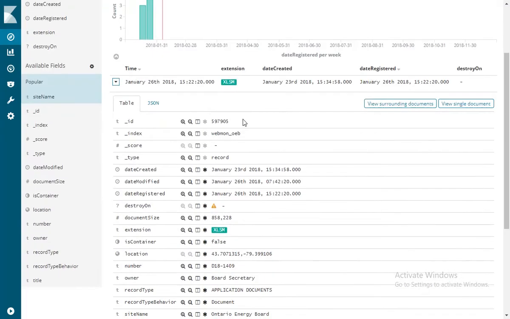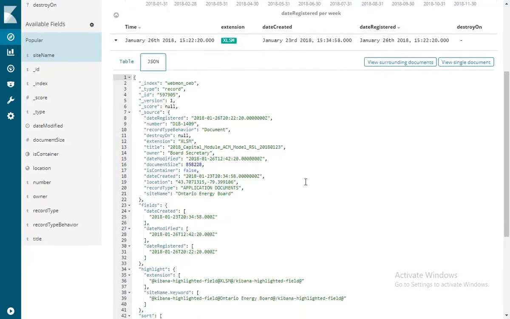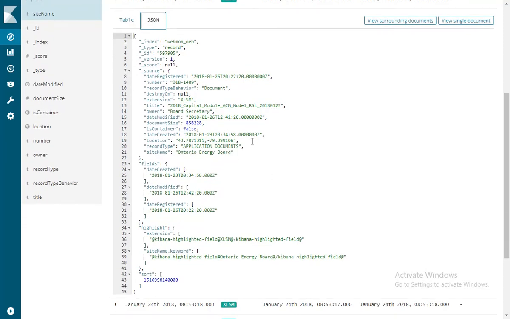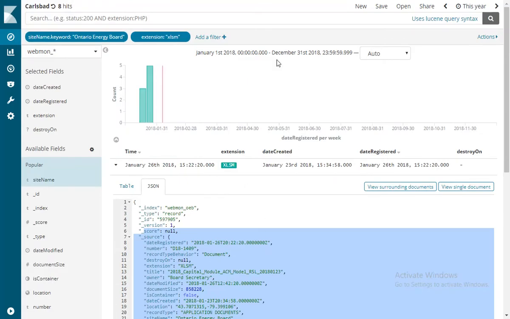And if I look at what's inside of this index, we can see the JSON model that I've used. This index includes pretty much a flat structure, where I have the date registered, the number, the behavior, and so on and so forth. And here we can see what that is. I don't currently serve or save the URL, but maybe at some point I will add it to this record directly,